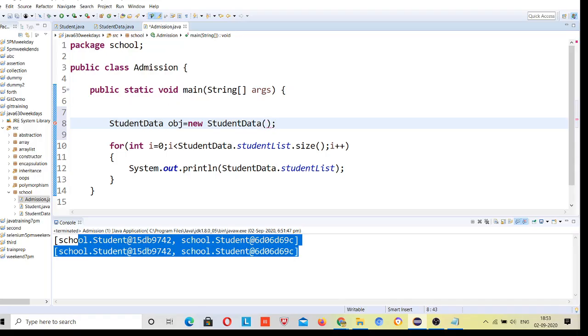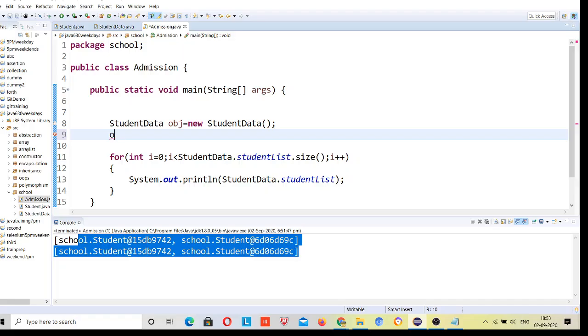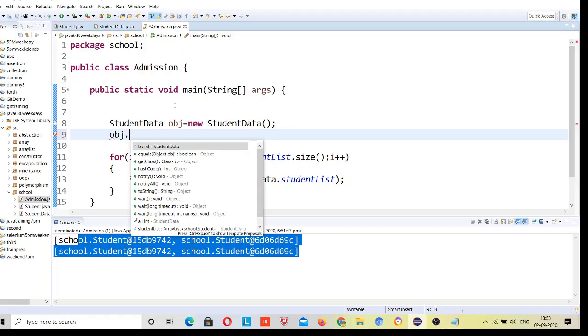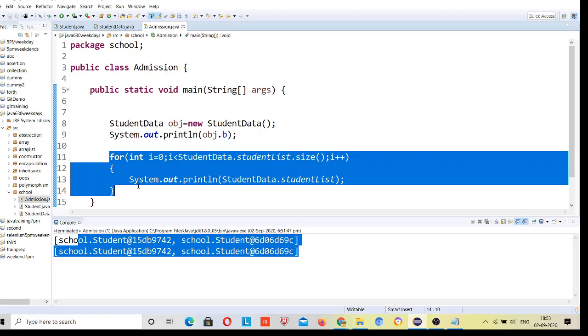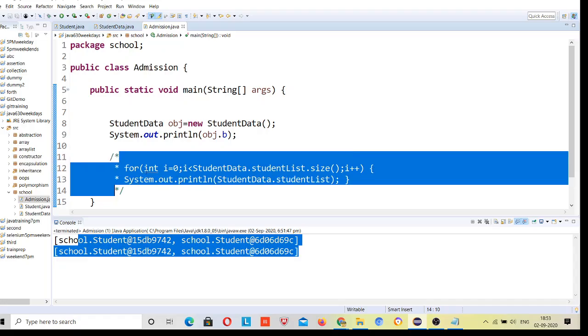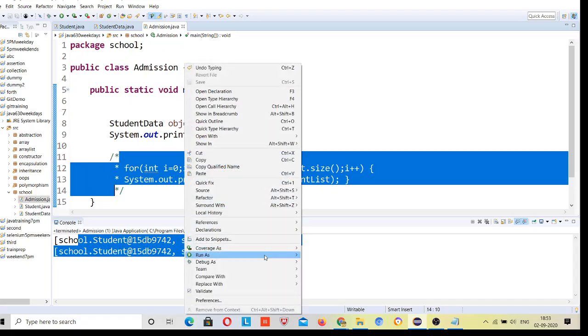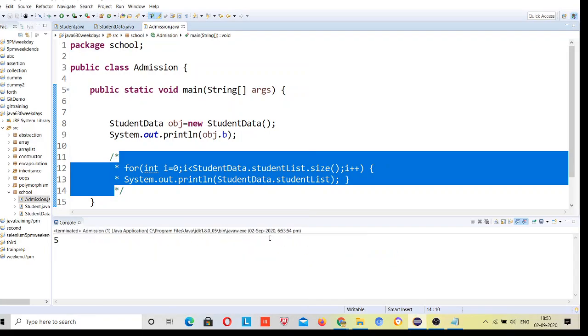Object dot, now I can access b, and if I print this, you can see the output.